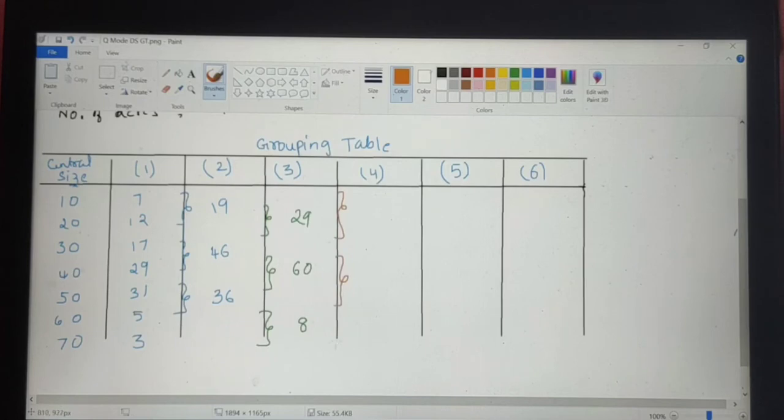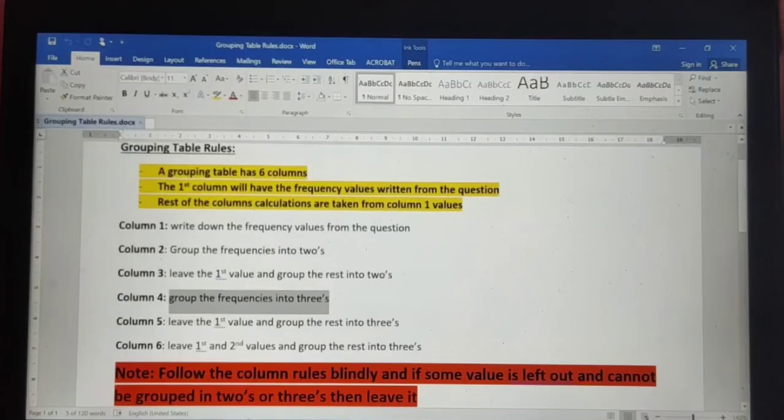Only 3 is left out. You're not going to touch that. So the total of the first one is 36 and the total of the second one is 65. Now as per column 5, our column 5 says the rule,